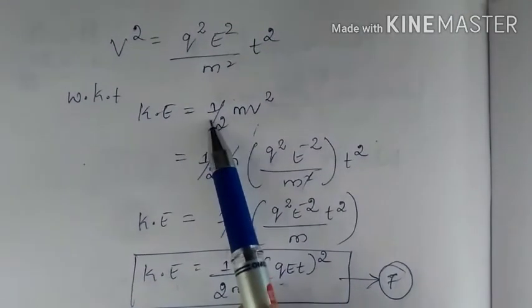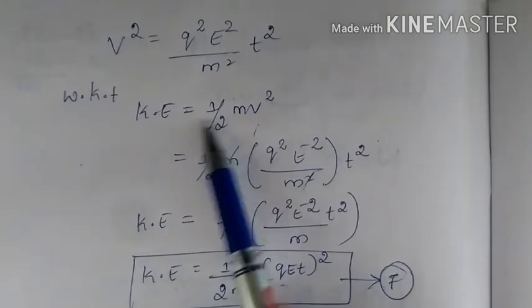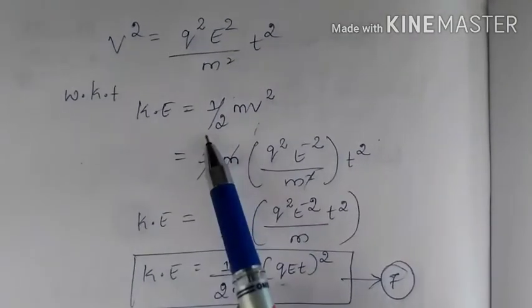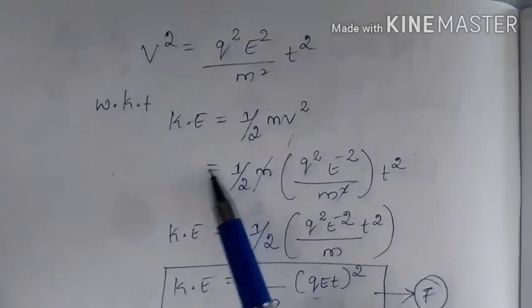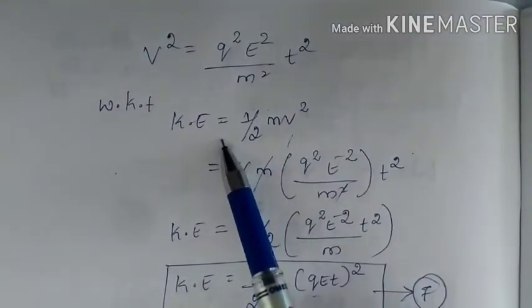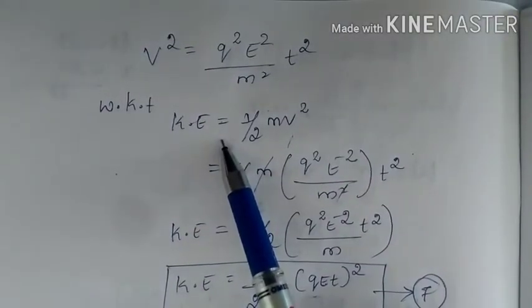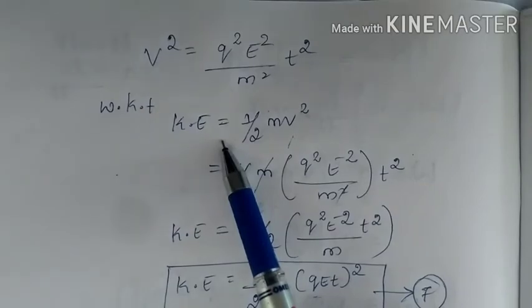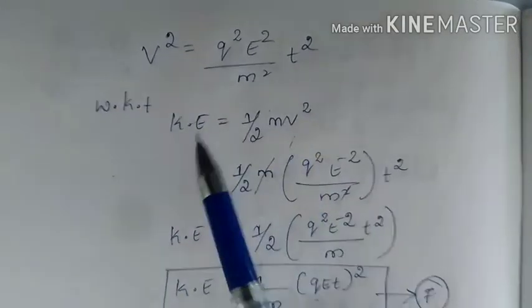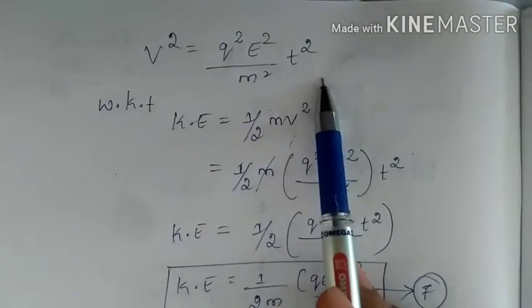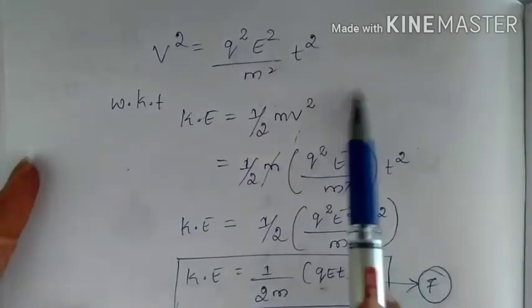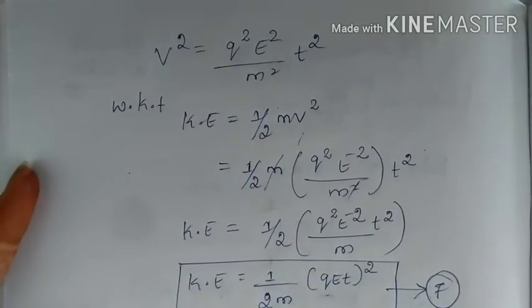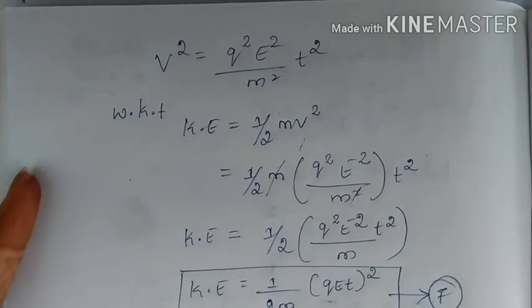So here basically the energy that is acquired will be kinetic energy, because the charged particle will move when it is kept in the electric field. So that won't be static. The charged particle will not be stationary, but this charged particle will move. So when it is kept in the electric field, this field will give energy to the particle to move with an even greater energy.